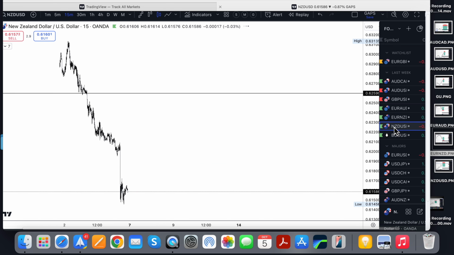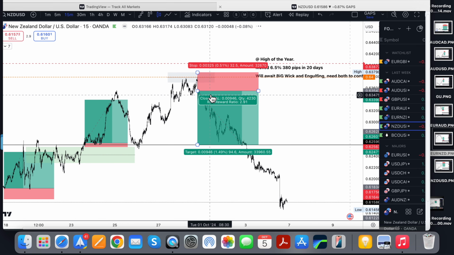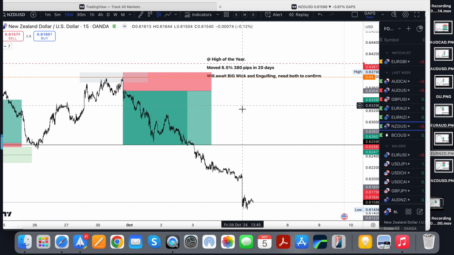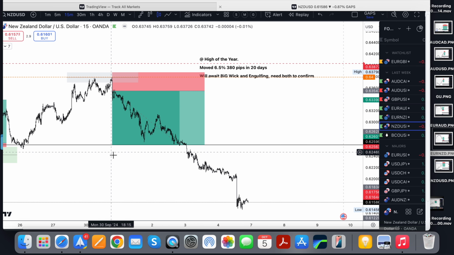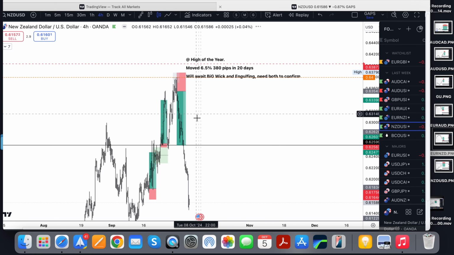So the next one was the New Zealand dollar, US dollar. So you can see these little grey boxes I'm creating here, saying that it's making double tops. It's creating a little bit of resistance here. So this was a trade that we entered on Monday, and we exited this on the Wednesday. If we come to the 4 hour,